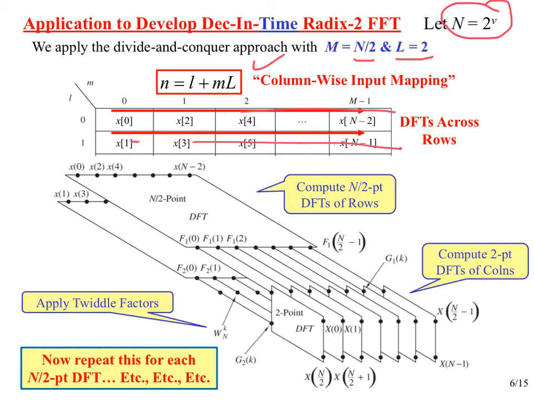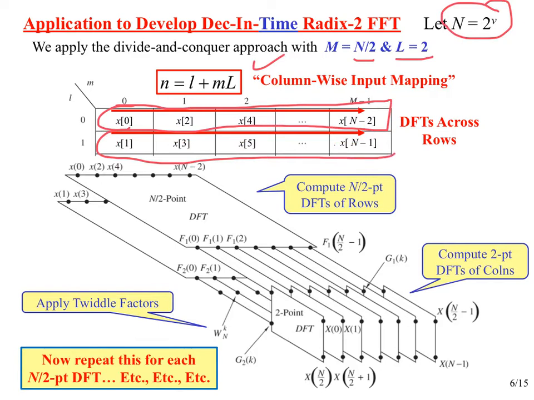And so we can now see that we are indeed getting exactly what we saw last time. We're taking an n over 2 point DFT of all the even indexed samples, and we're taking an n over 2 point DFT of all the odd indexed samples. Okay, so that's good. And then visualizing it like we've seen on the previous page,